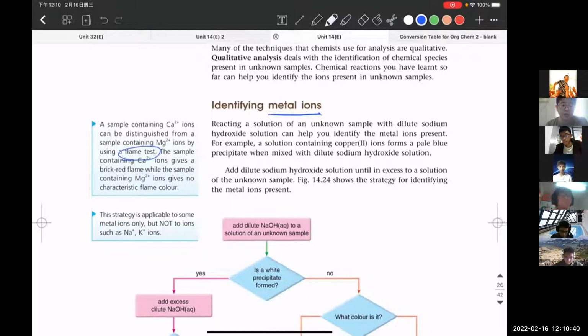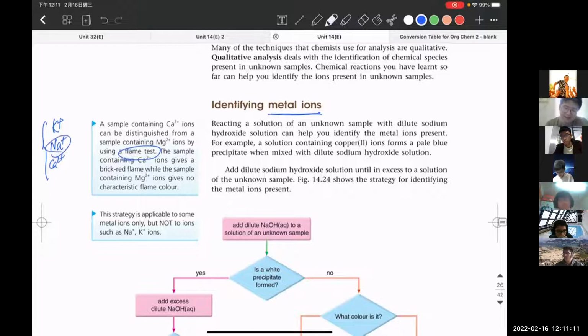However, flame test is not a universal test, which means that it cannot test all metal ions. In the Form 3 syllabus, what you know is about the 4 ions: potassium, sodium, calcium, and what else? The 4th one is